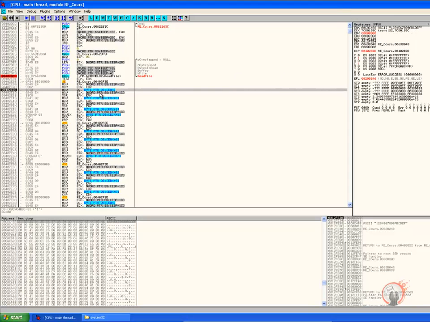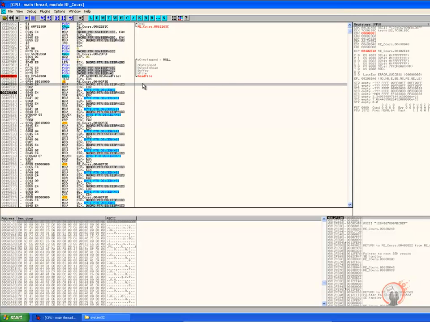And then it's going to place in DL the byte that ECX points to, which is the first byte. So we see now that DL is 31. So what we know is that